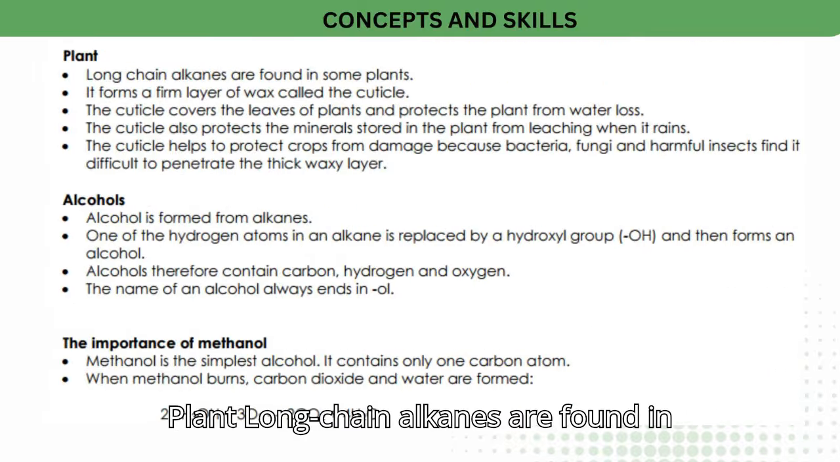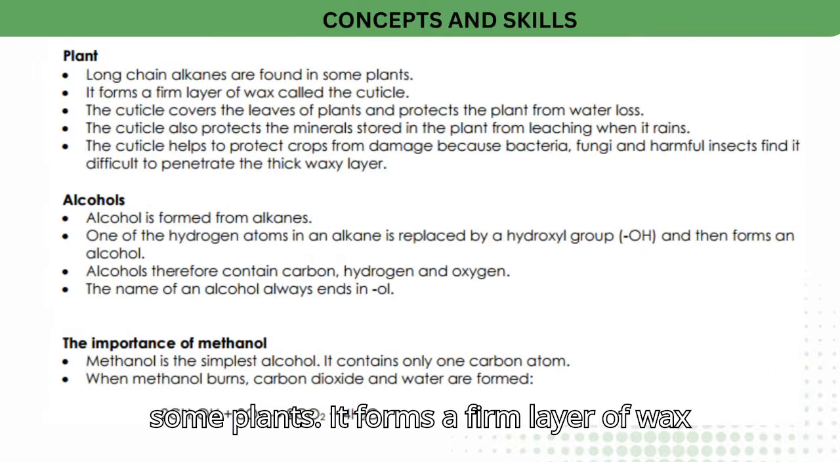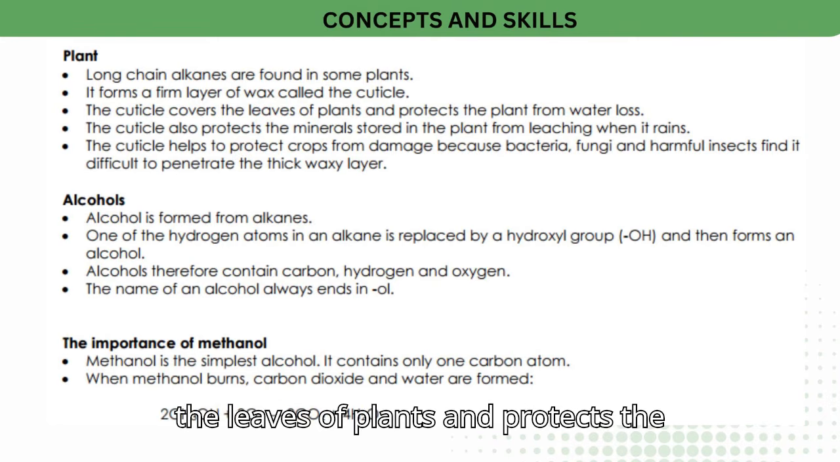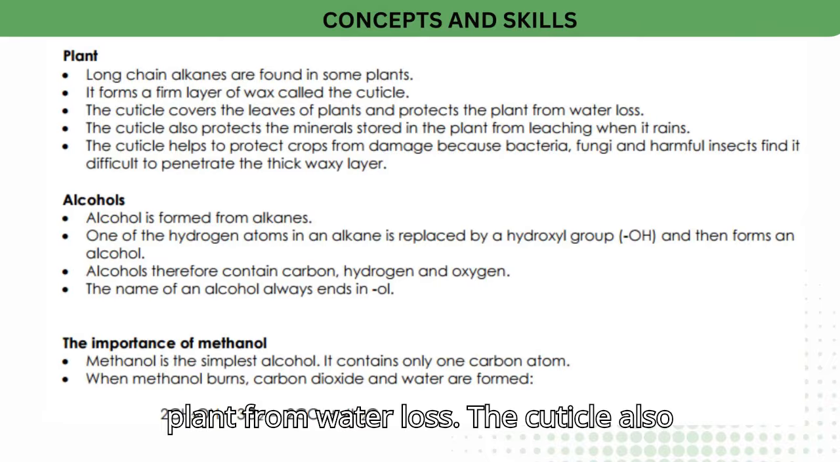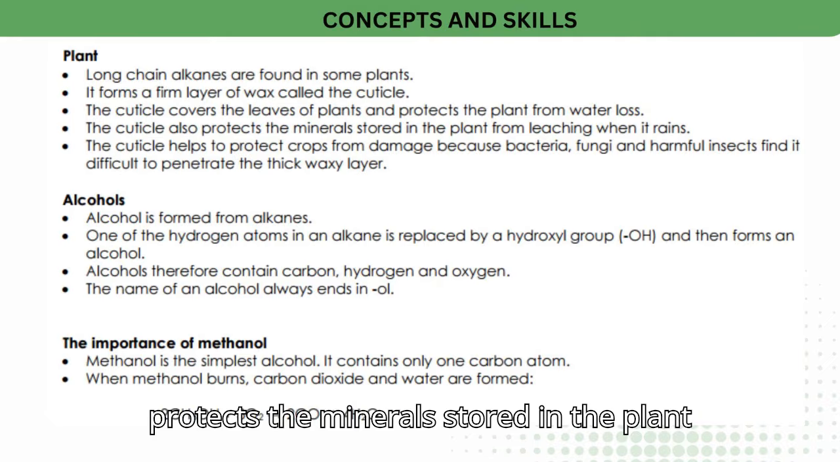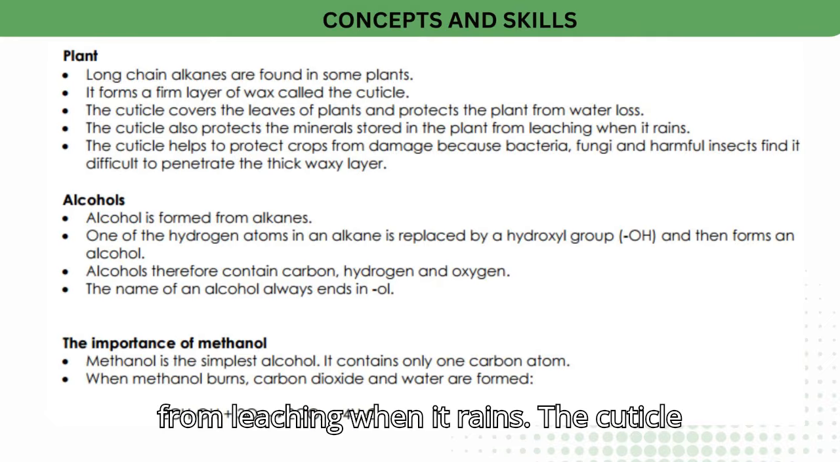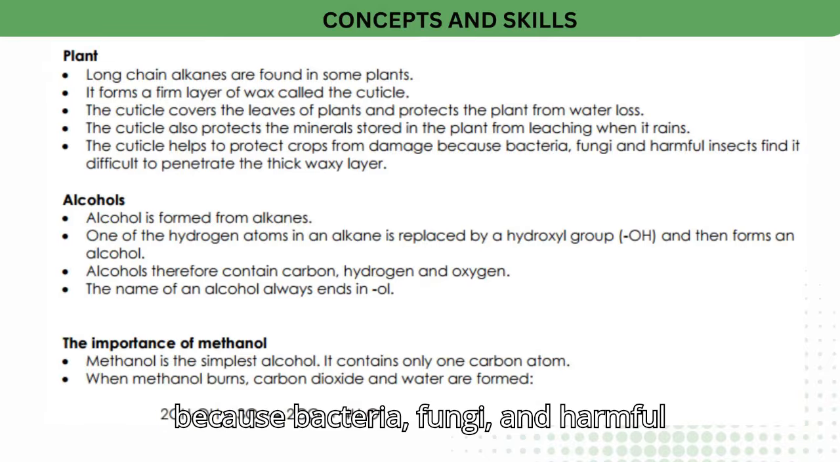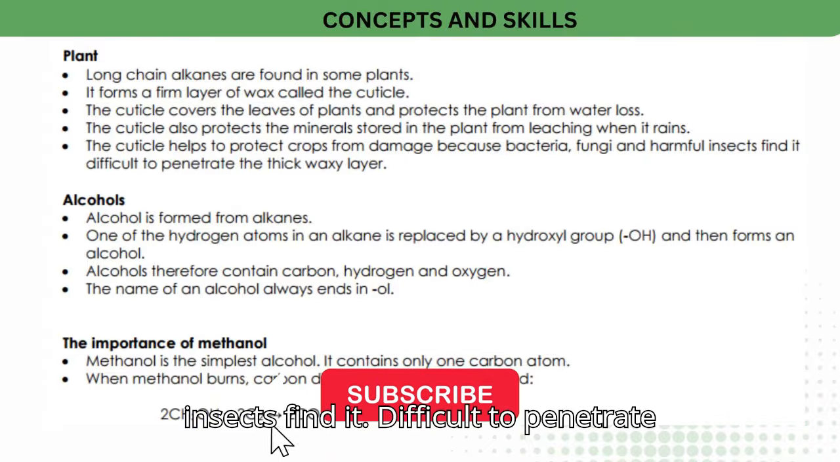Plant. Long-chain alkanes are found in some plants. It forms a firm layer of wax called the cuticle. The cuticle covers the leaves of plants and protects the plant from water loss. The cuticle also protects the minerals stored in the plant from leaching when it rains. The cuticle helps to protect crops from damage because bacteria, fungi, and harmful insects find it difficult to penetrate the